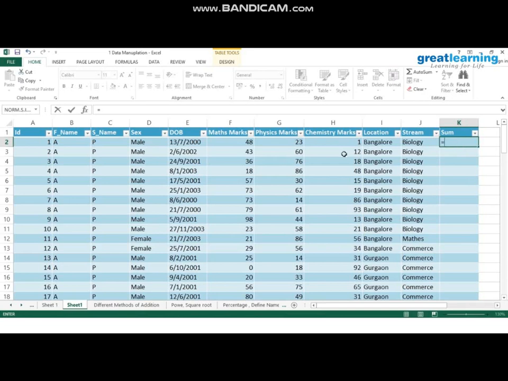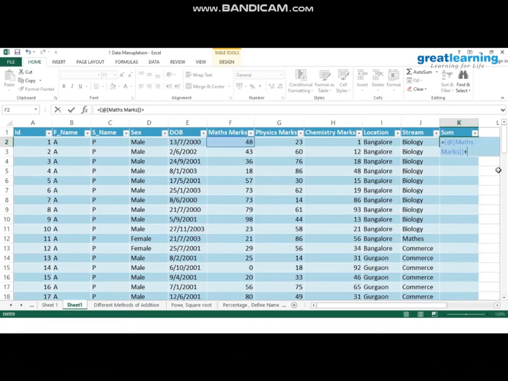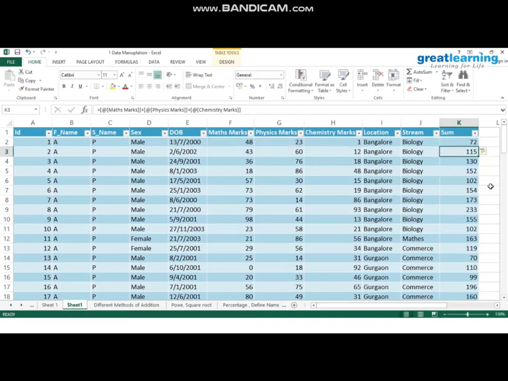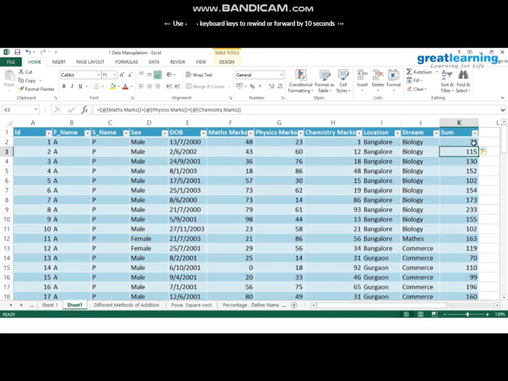What is the formula for this? You just have to write a formula based on your first cell. So what is the reference point of this cell? F2. So just select F2, or else if you are getting confused by this name, you can just write F2 over there as well. Hit plus, select this, hit plus, select chemistry marks, hit enter. So you automatically calculated the first row sum, that is 48 plus 23 plus 1, 72,